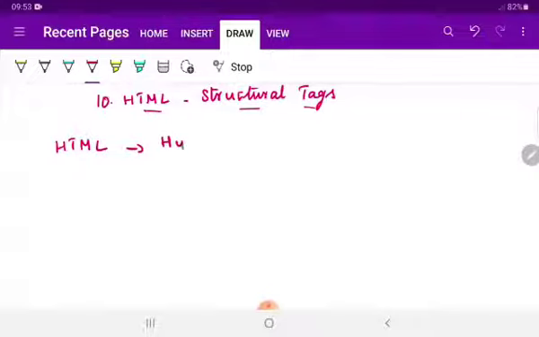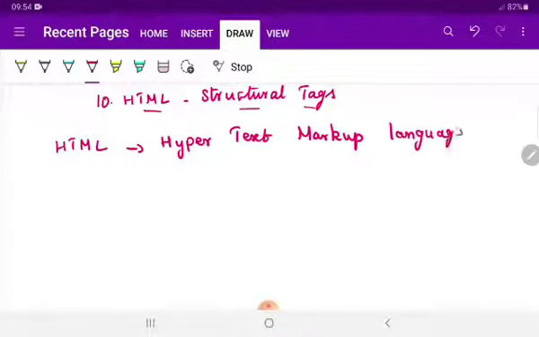HTML is nothing but hypertext markup language. So what is HTML? The expansion for HTML is hypertext markup language.